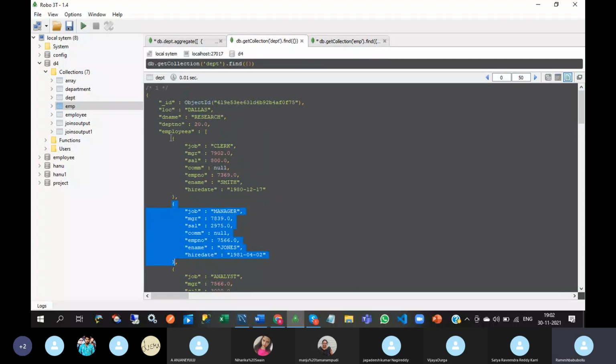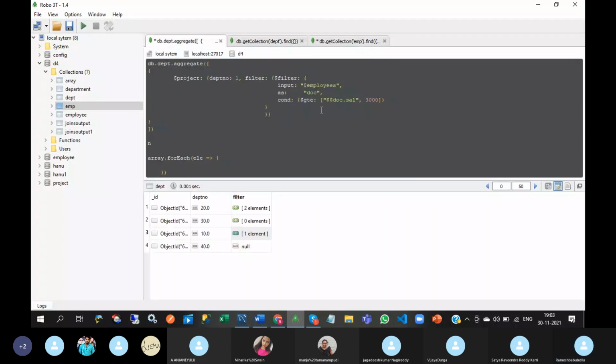So this one is one object, this one is one object. You are taking them one by one and checking this condition. If it is satisfied, then it will keep that result into the filter field. If it doesn't satisfy, it simply ignores it.